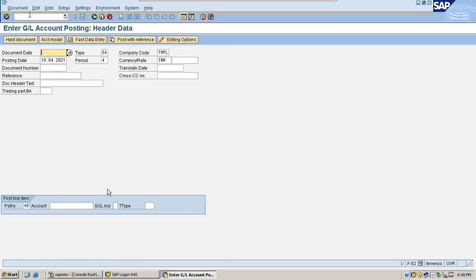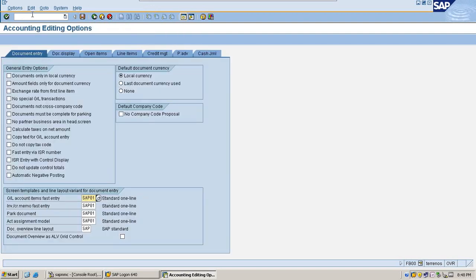F-02. I can go here. I can give the document date and these fields. Here I have an option like a special GL indicator. So this is the normal scenario. The screen appears. Now let me go to the accounting editing options. I'm going to select no special GL transactions. Just tick this button,